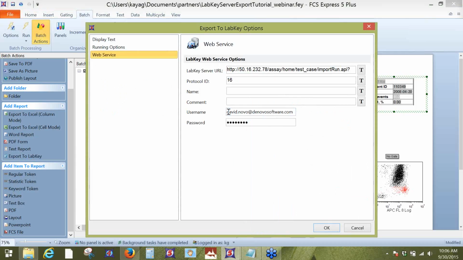We have also filled out our credentials in advance here, and these are the credentials as defined by your LabKey server account that you need to export to the assay design. We'll also give this particular run a name. So I'll call this today's date,